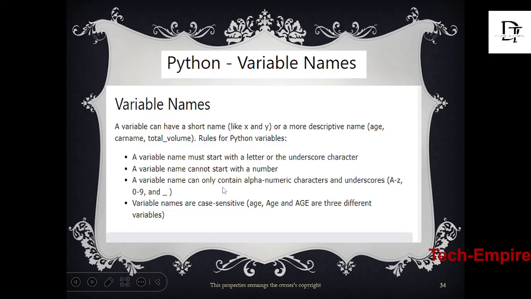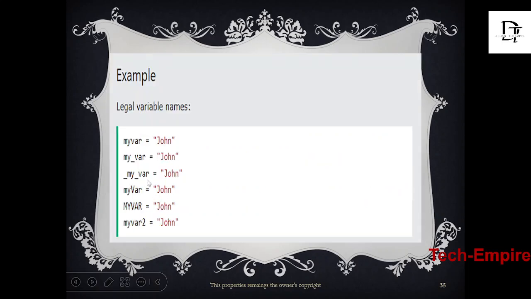Variable names can only contain alphanumeric characters and underscore. That is allowed. So in case you are taking a quiz and you come across something like this, it is correct. These are all the formats of ways to declare variables in Python. And don't forget what we mean by variable in Python. A variable is just like a container where we store something. You can store anything inside a variable.